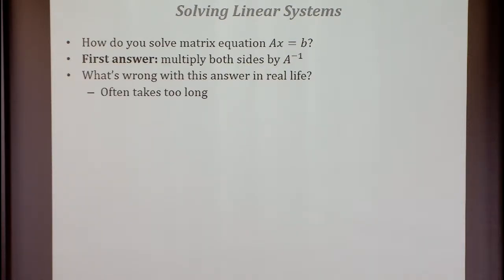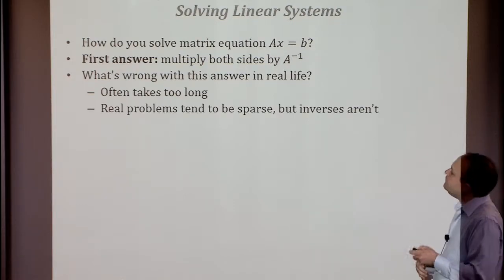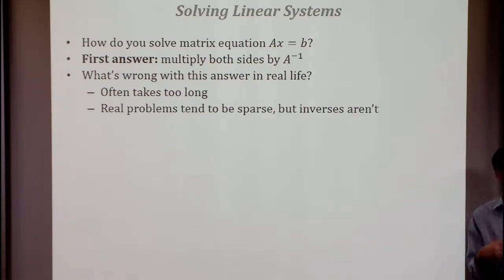And there's a couple reasons. One is it's, of course, quite slow. At best, it is n to the 2.373 whatever, which we're not going to be able to tolerate if you have a graph with a trillion vertices. Also, the real problems are sparse, right? The problems that show up a lot, if I have a trillion vertex graph, it's almost never dense. And if you write out the inverse of most sparse matrices, you do not get sparse matrices back. And if you're just writing out the inverse and multiplying, you don't get to exploit that. So you pay for something that has no benefit from sparsity.